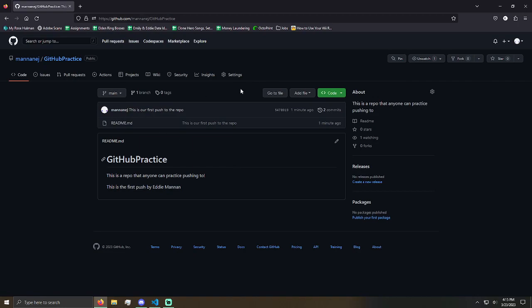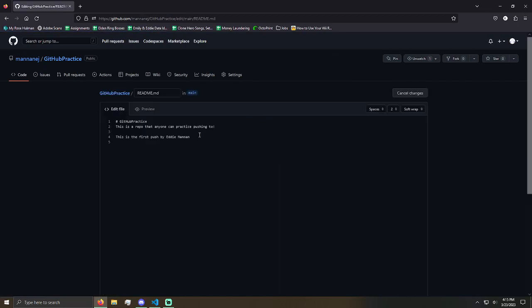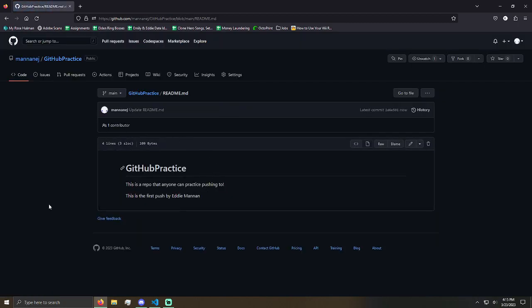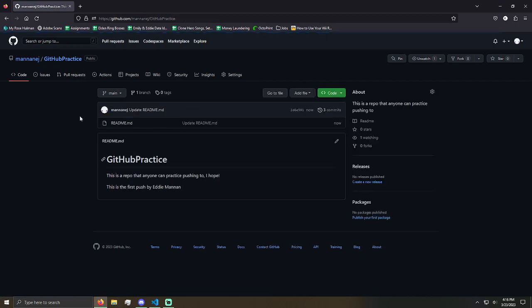Okay, so now let's do it the other direction. Let's make a really simple change here. This is a repo anyone can practice pushing to, I hope. Okay, so then we can commit the changes here on GitHub. Okay, so we made the change. Go back to the main page, refresh everything, and now it says anyone can practice pushing to,